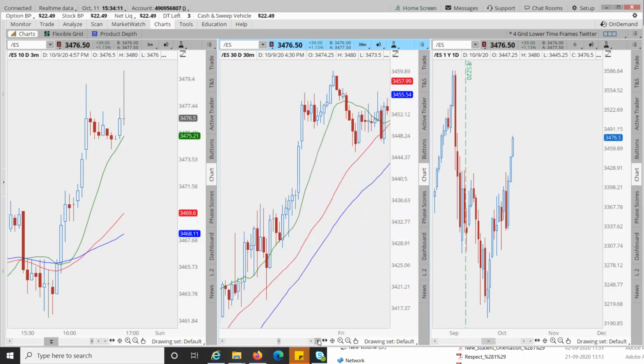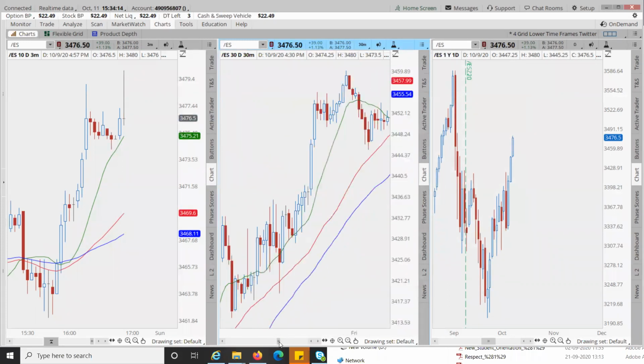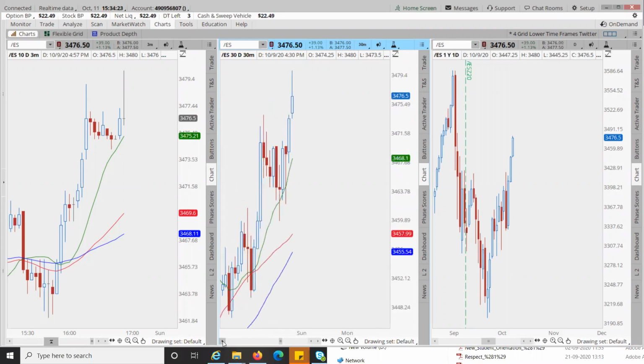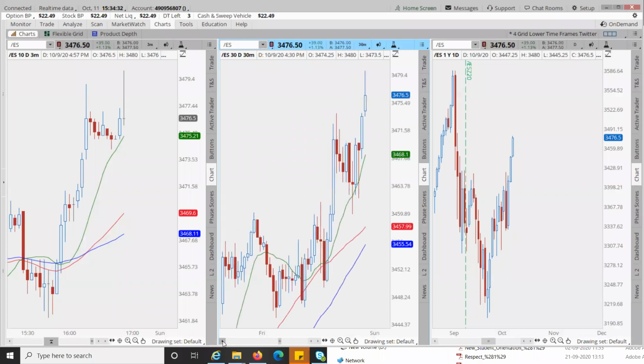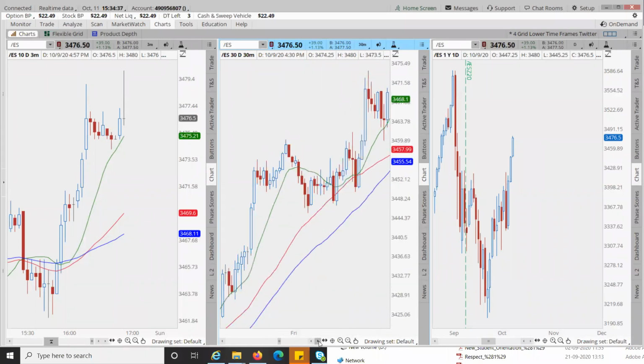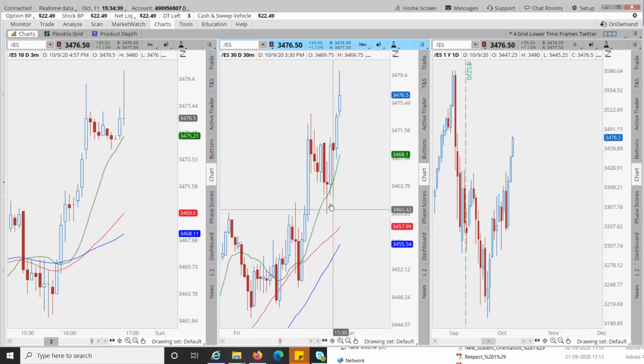So this is our trading zone. Let's go to the front. Right here. Okay, so let's say around 3:30. Let's take the same time zone. Somewhere here. This is the direction.